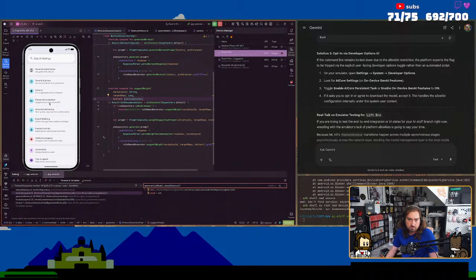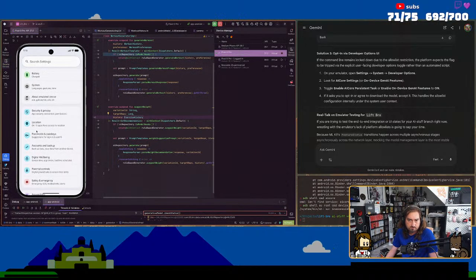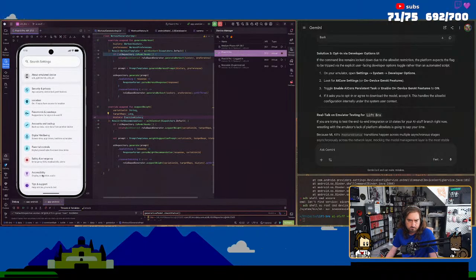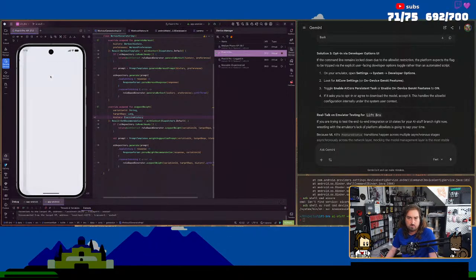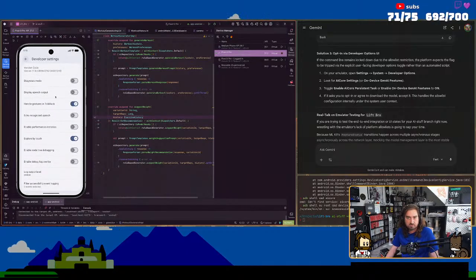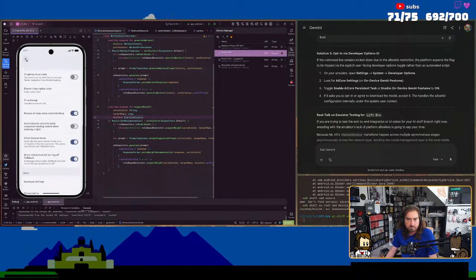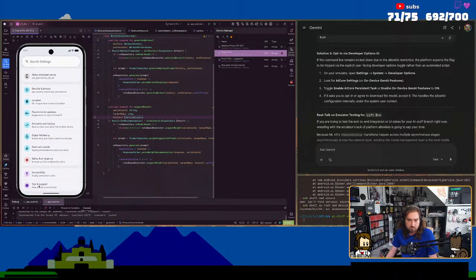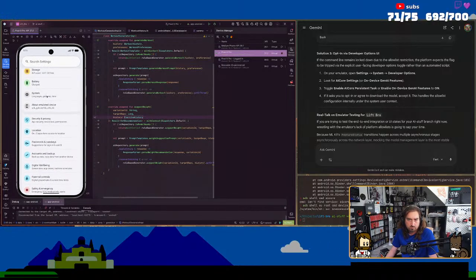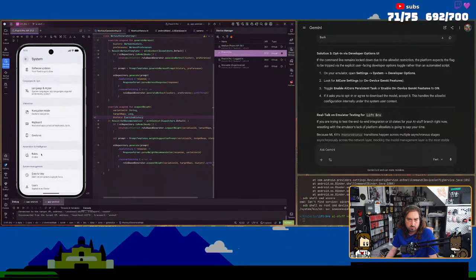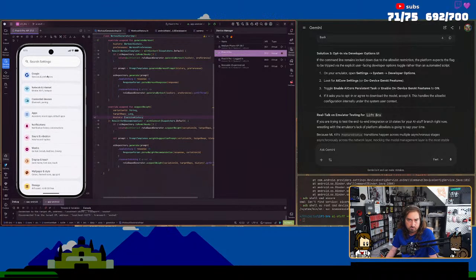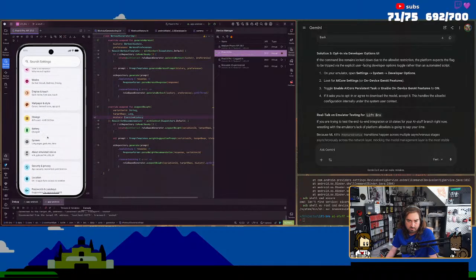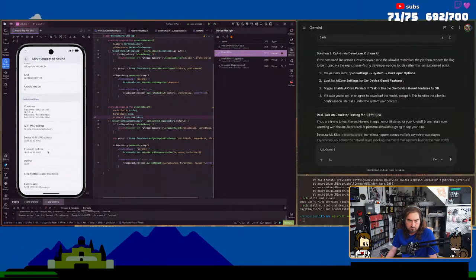Settings, system, developer options. Doesn't the emulator always just have this enabled by default? Why did they move settings around so much? Oh my goodness. All right, I'm now a developer.